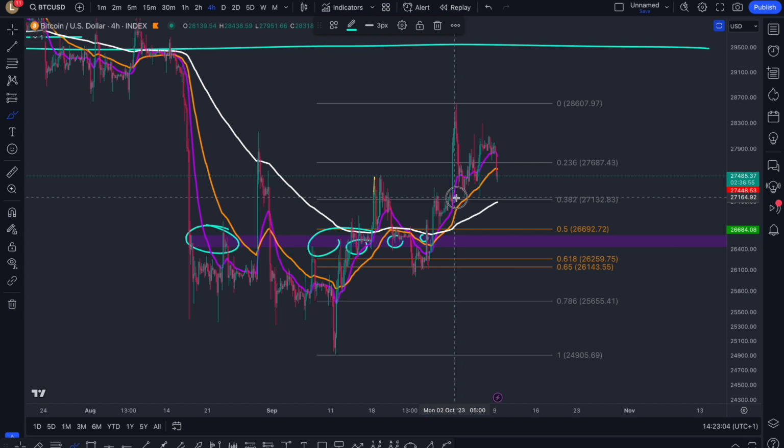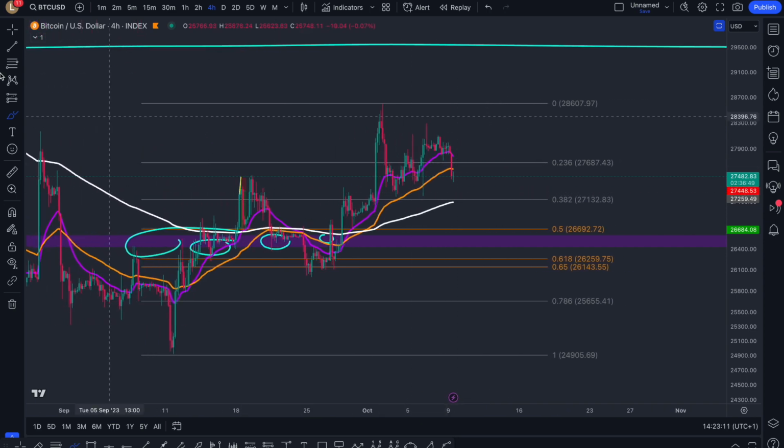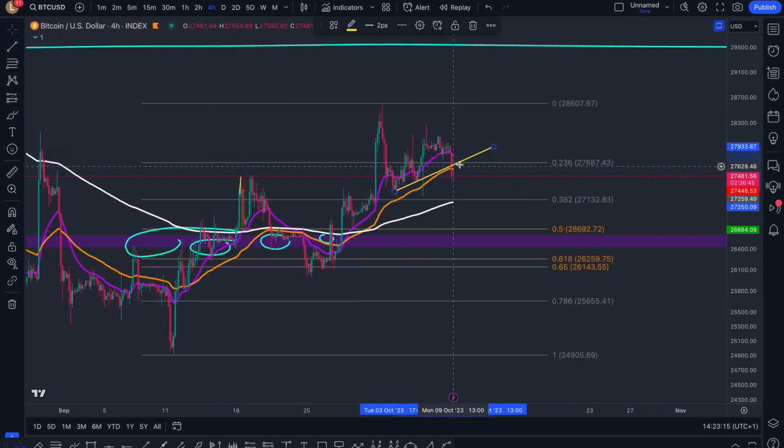So if we were to lose that 27.2k area, we could see that we're losing that 200 EMA. If I zoom in a little bit as well, we can see that if I'm going through these bodies, we've had a break of this ascending support over here. You could have just used the 55 and we can see that is lost as well. So it's coming down to that moving average last layer of defense.